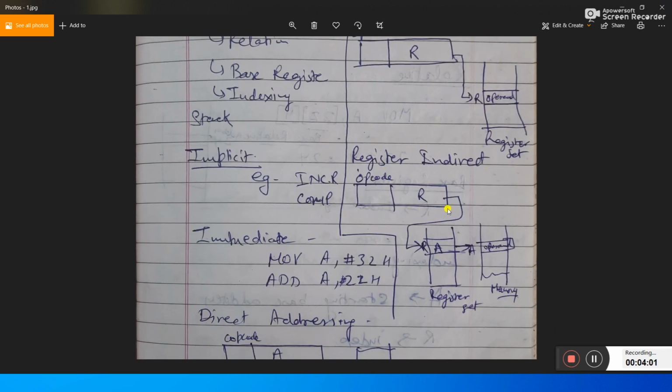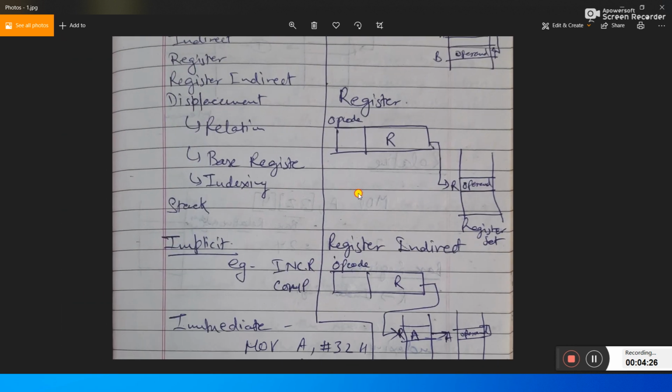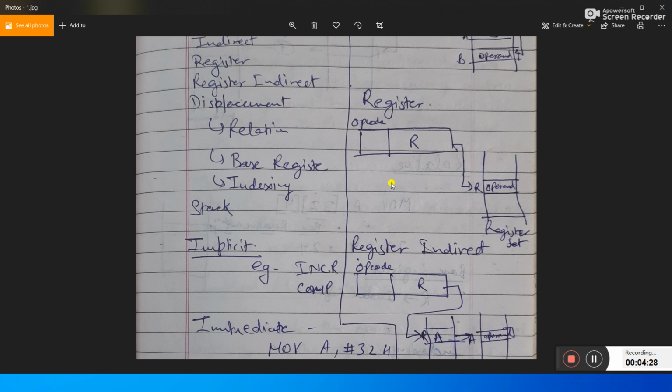In register indirect addressing mode, we have to fetch the operand from the memory location provided in the R register. For example, if the R register contains an address A, and this A is a memory location, then the operand will be fetched from this location A in the memory. So this is one of the cases.